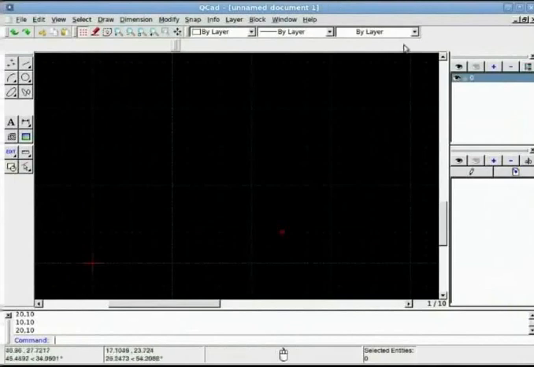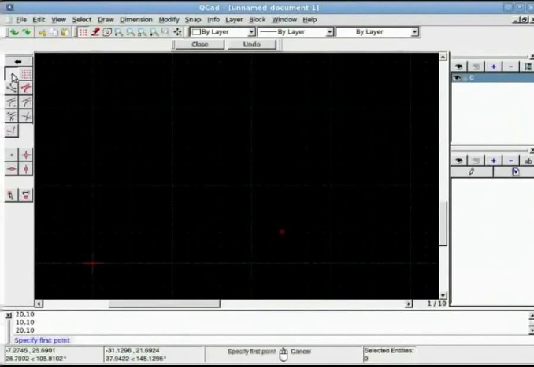Once the application is open, from the left side toolbar, choose the Line tool, line with 2 points. Now focus on the command prompt because we are going to use the command line to put in exact coordinates. It is asking to specify the first point. Let's put 10, 10. We always put the x-axis value first and then the y-axis value. This will add a point 10 units away from the x and y-axis.